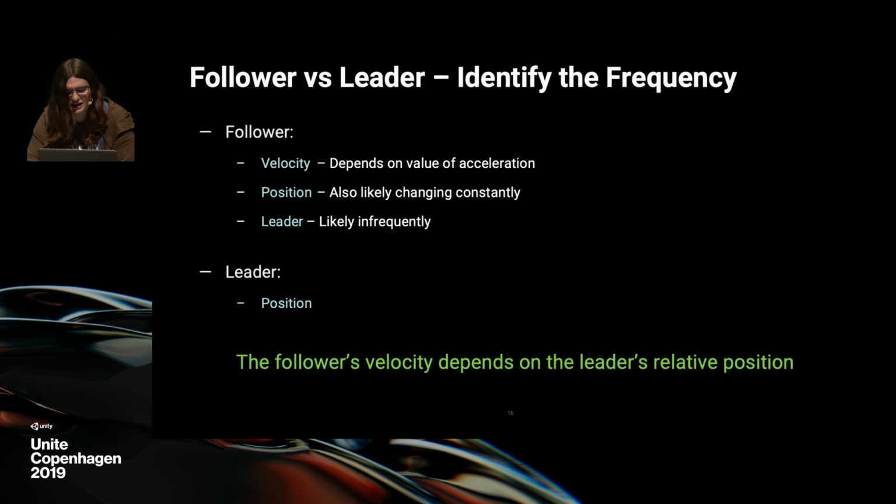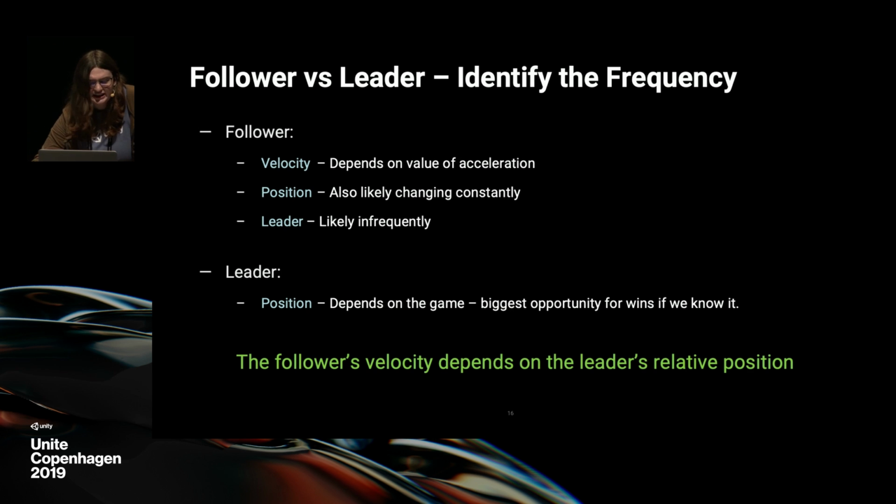On the other hand, which entity is the follower's leader will probably not change frequently. Even if it changes every few seconds, that's not very often. Remember, you have more than 60 frames every second. Identifying the frequency with which the leader's position changes, though, is a little different than the follower, right? Because what if the leader is some abstract concept that doesn't move, like a waypoint? In that case, maybe we get rid of the leader component and we just keep track of the position we're